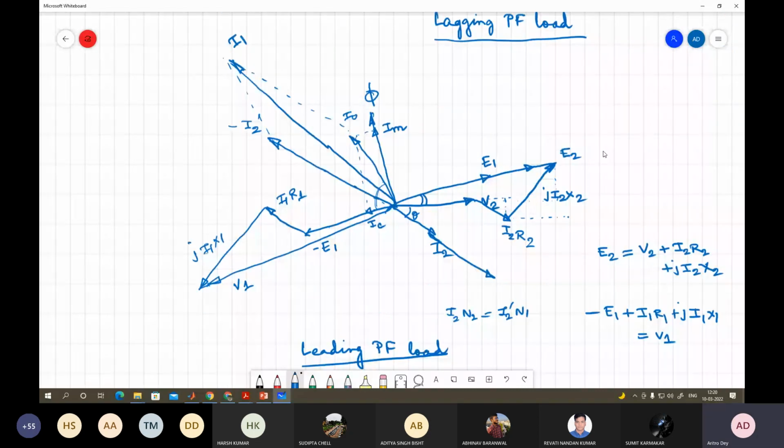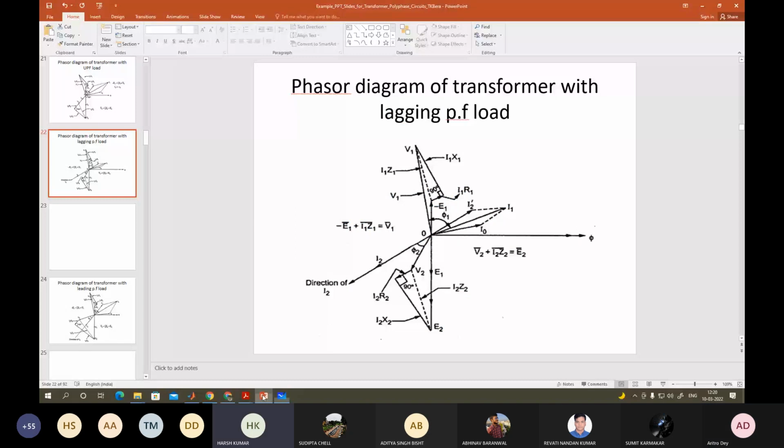So sir, this one thing I have to understand. Yes, sir, in this slide only. Sir, why at the secondary side is it V2 plus I2 Z2 equal to E2, and on the primary side minus E1 plus I1 Z1 equal to V1? Why is the sign changing on one side and the other side it is a different equation? Sir, that I cannot understand. Okay,